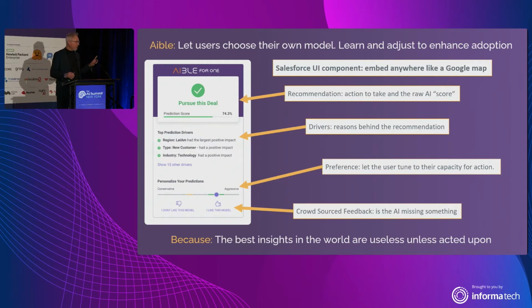But here's the key thing. If we're really striving for digital transformation and empowering our users, the empowerment better not just be to know what to do or what the action is, but also to be able to participate on the side of, is this actually a useful AI, and is it working for me? A couple of things that we get out of the portfolio approach of AI is that we get an ability for the user to choose in real time how aggressive or how conservative the model actually is.